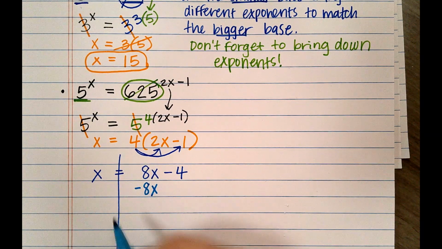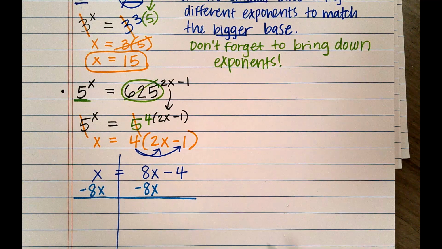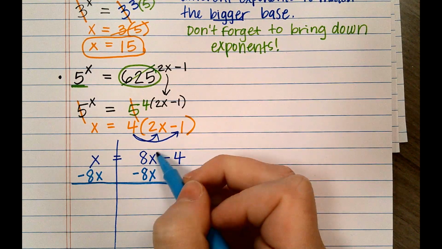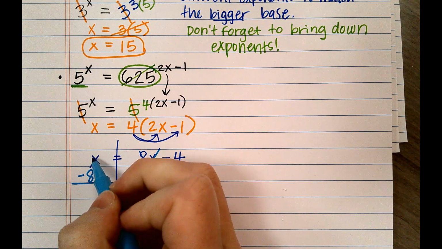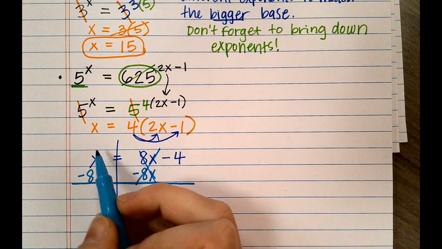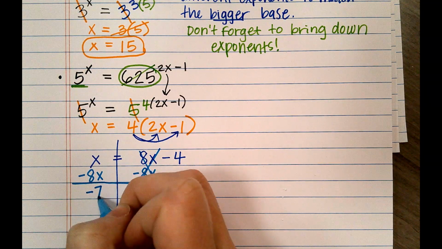Because I need to combine my like terms. -8x. Good job. That gets rid of my 8x. Only 7x? Yes, but not just 7x. Negative 7. Yes. So x, or basically 1x, minus 8x is negative 7x